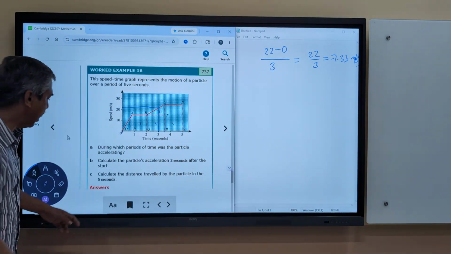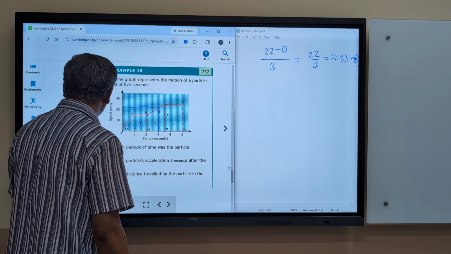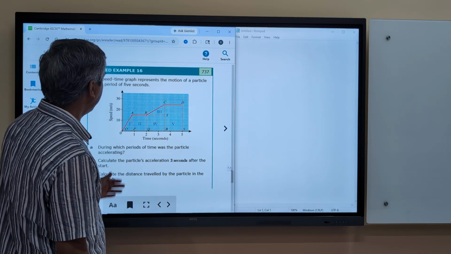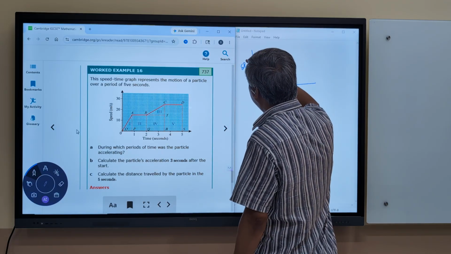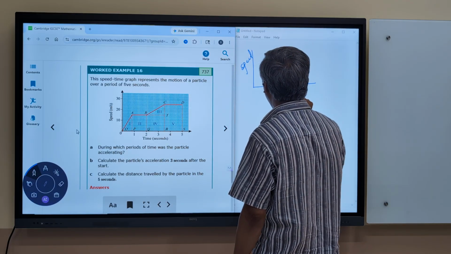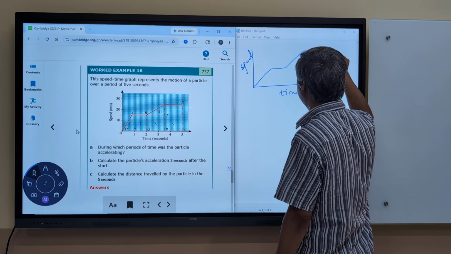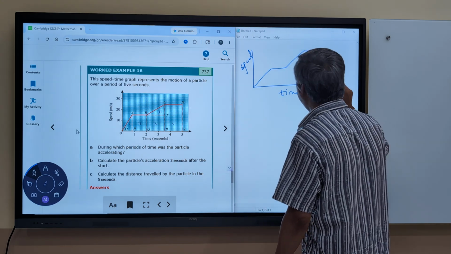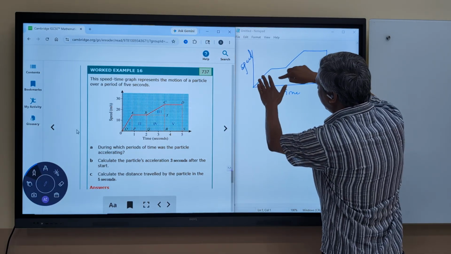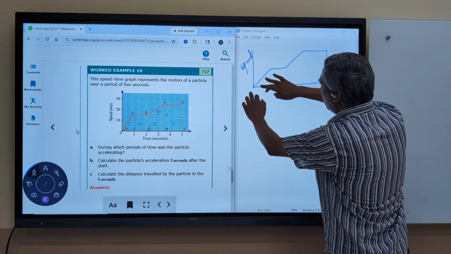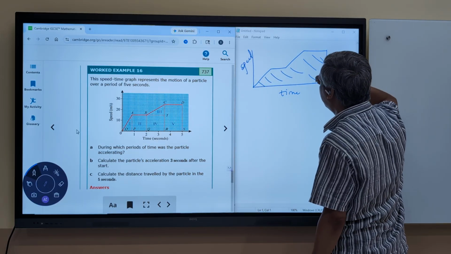And C, calculate the distance travelled by the particle in 5 seconds. This is very interesting. Distance travelled in 5 seconds. The speed time graph can give us distance as well. How? Now you just complete the graph from here to here. If you want to find out the total distance, find the total area under this graph up to the x-axis. So this entire area will give us the